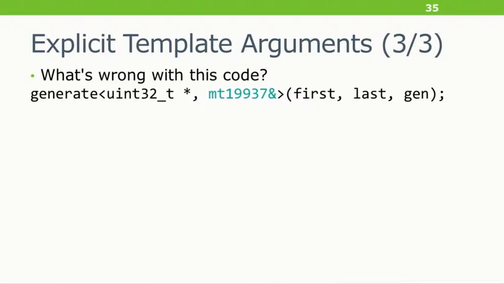Finally, there's a third way that I've seen that explicit template arguments can explode. In this case, and this actually hooks into the rand talk I'm giving on Friday, somebody's got a range apparently of pointers to uint32_t, not important, and they've got a generator of Mersenne twister type, that's a typedef, and they would like to run that generator in place. The standard says, and this is awesome, that STL maintainers are allowed to copy function objects freely. In general, we maintainers like it when we're allowed to do cool things and the users aren't allowed to complain. The user doesn't want us to copy the function object.